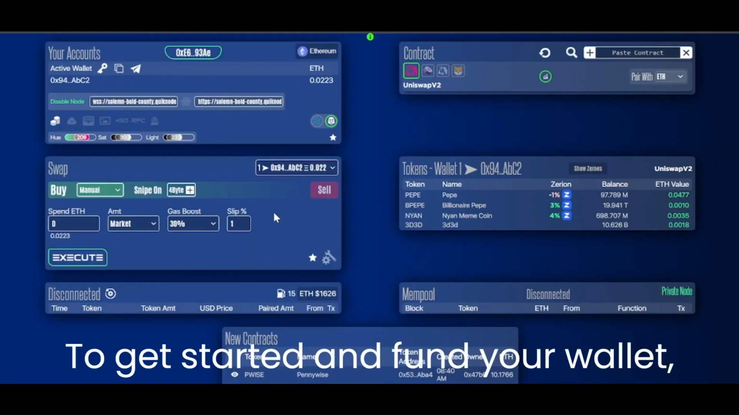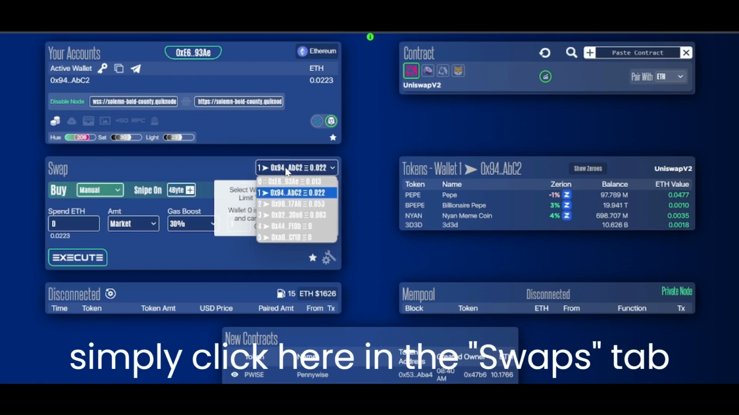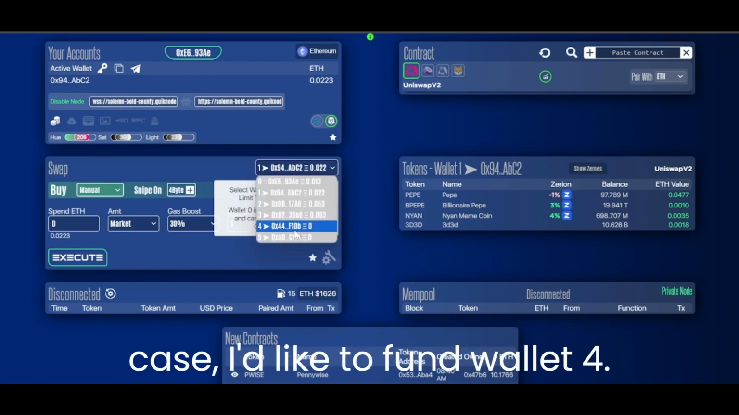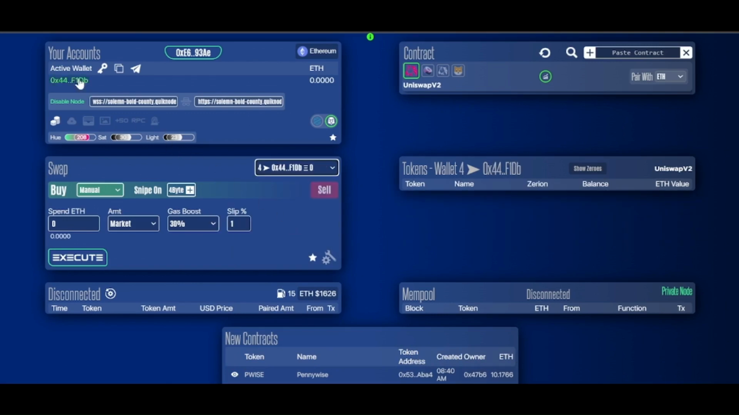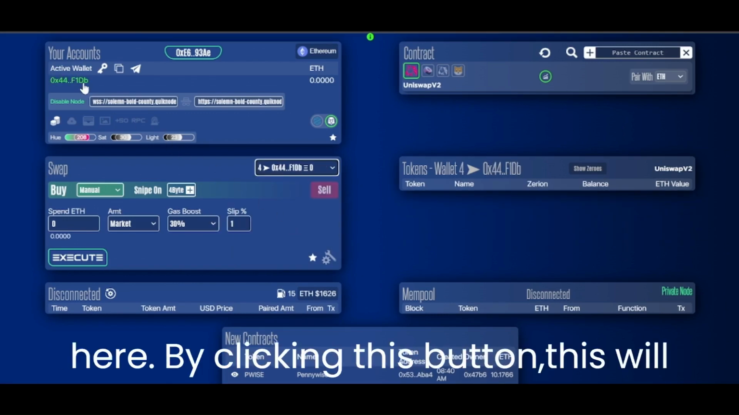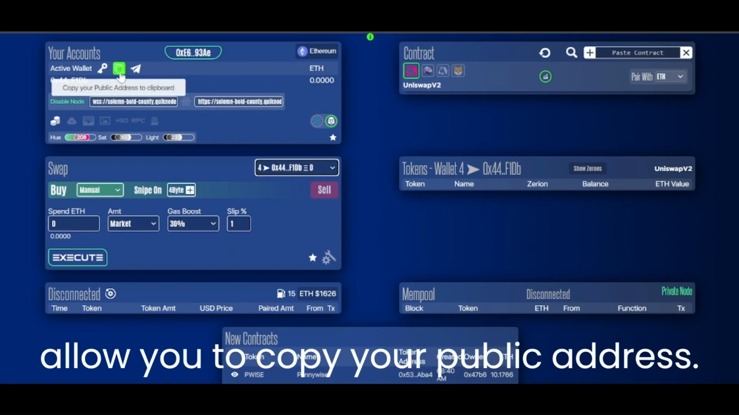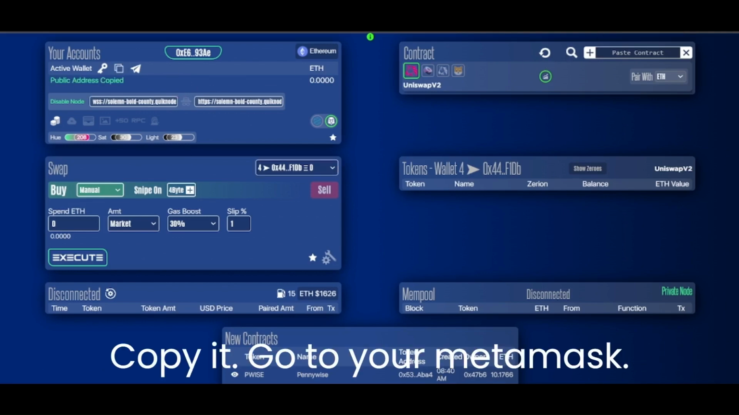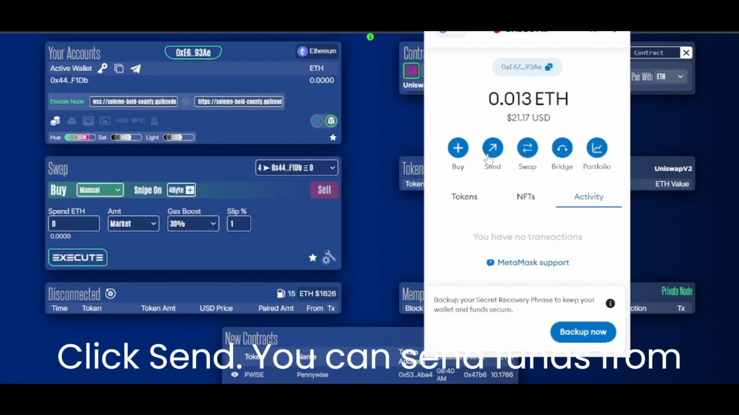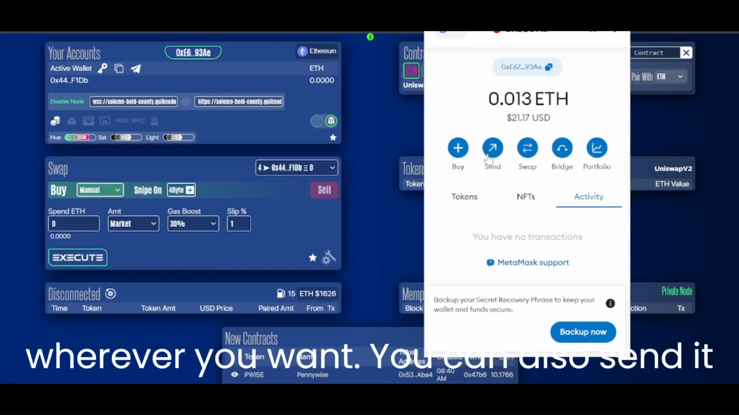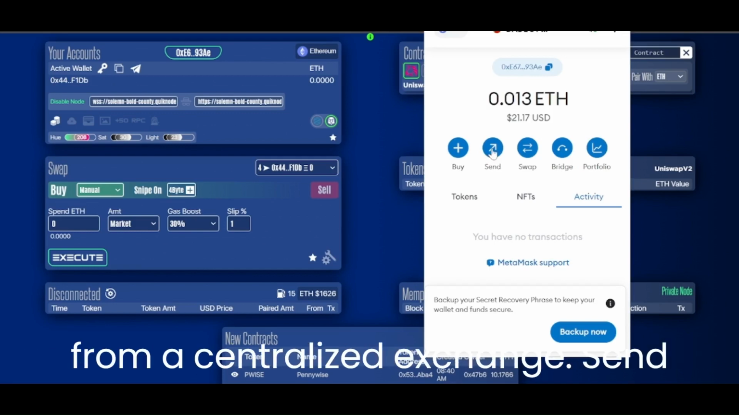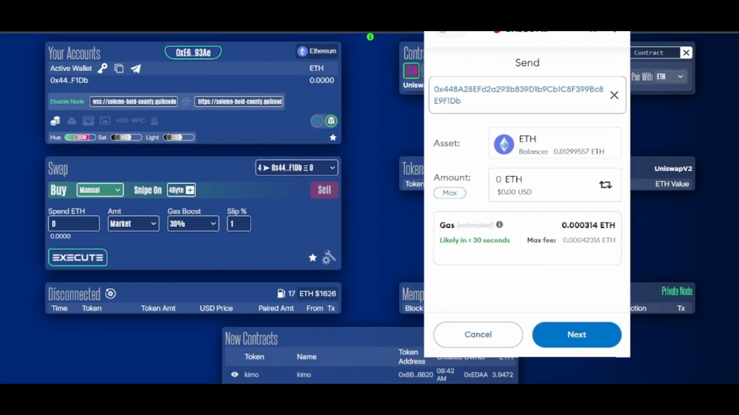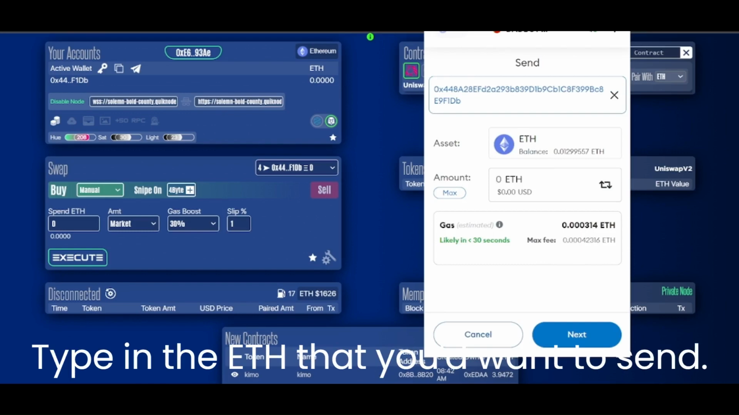To get started and fund your wallet, simply click here in the Swaps tab which wallet you'd like to fund. In this case, I'd like to fund wallet 4. You'll see that this address comes up here. By clicking this button, this will allow you to copy your public address, copy it, go to your MetaMask, click send. You can send funds from wherever you want. You can also send it from a centralized exchange. Send, copy and paste your address in, type in the ETH that you'd want to spend,